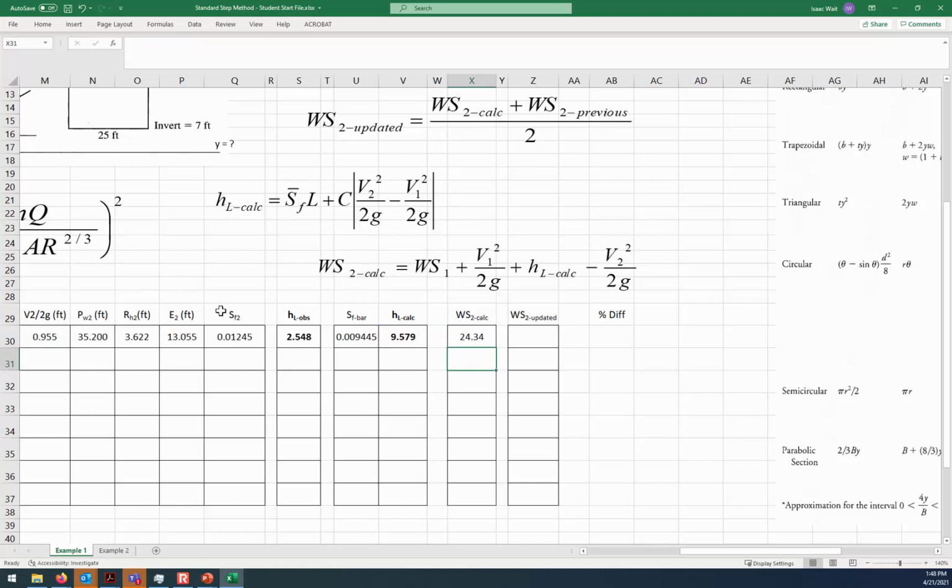So it's telling us, I may have typed something in wrong here. Let's see. Water surface at 1 plus the velocity head at 1 plus the head loss calculated minus the velocity head. I think that must be right. All right, so plus 5. Yeah, so the water surface at 1 plus the